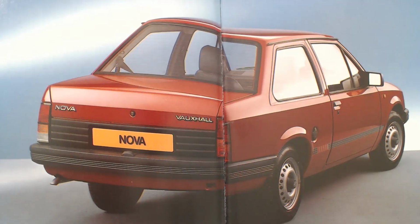Like I said earlier, I wasn't really a huge fan of saloons being small cars like this, but the dimensions weren't too bad on the Nova. I did prefer the hatch. I did mention as well at the start the Nova was quite controversial really. Well, the problem with the Nova was it was built in Spain. Whether you got it badged as an Opel Corsa A or it was badged as a Vauxhall Nova, it was